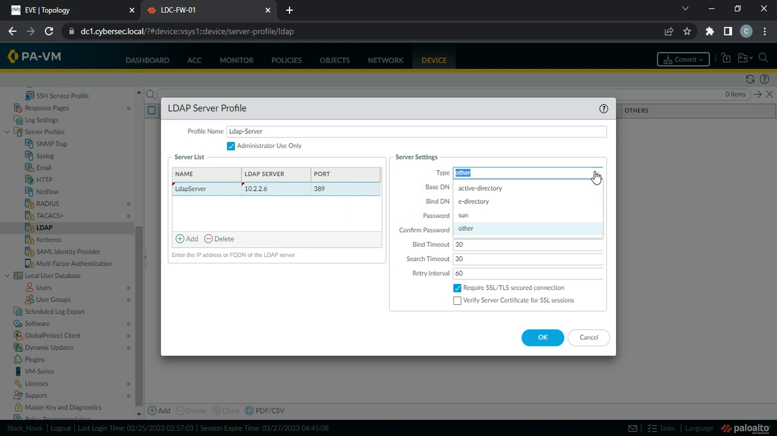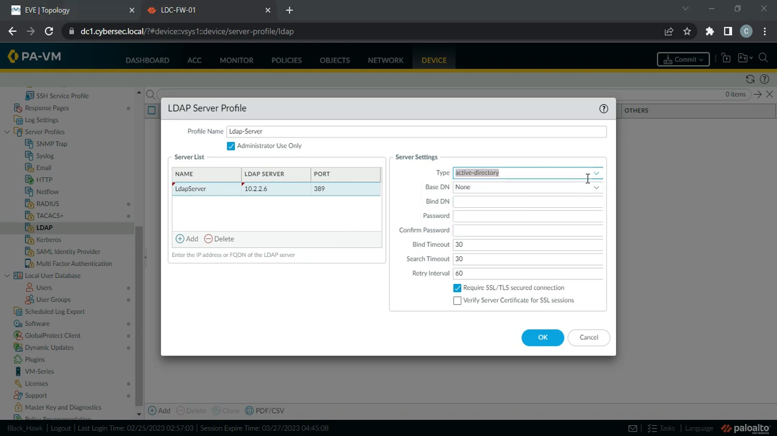Now type will be Active Directory. Okay. Then base DN is going to be DC=lab, comma DC=local. So this is our base DN, and bind DN is equals to, you know, CN is equals to, you